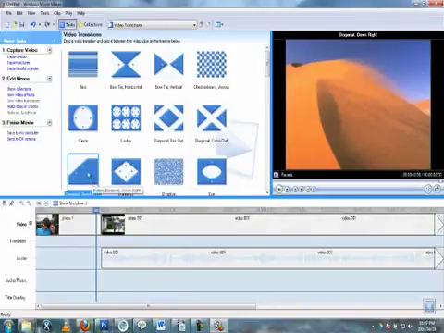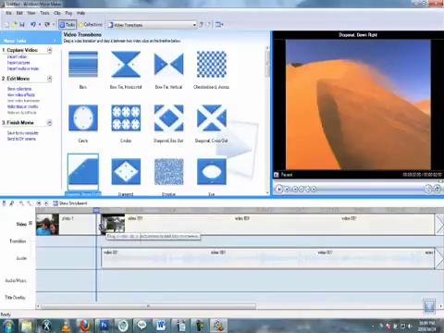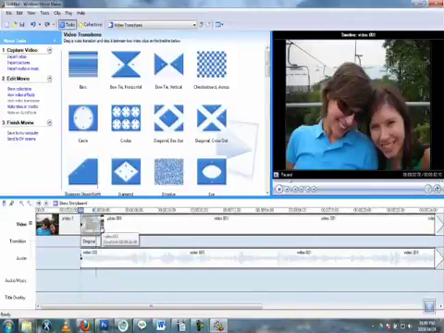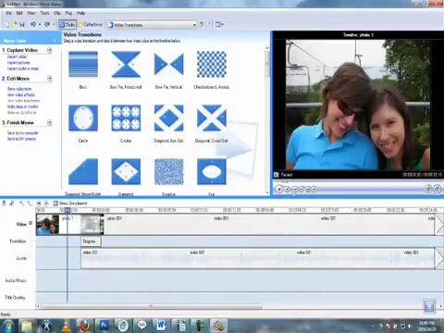To do that, all I do is I click on the transition, and transitions can only go in between scenes. You'll see if I try and throw it on a scene, it won't work. I have to place it between scenes. So I'm placing it between the image and the video. Now if I preview that, you will see